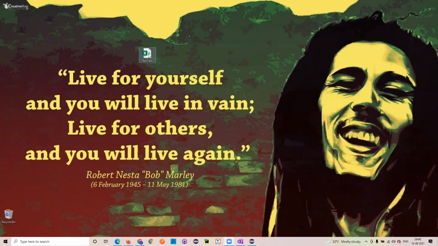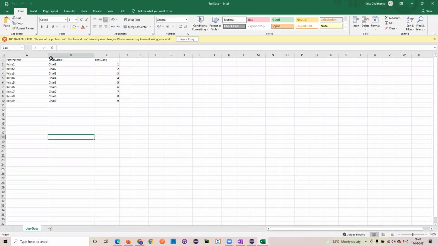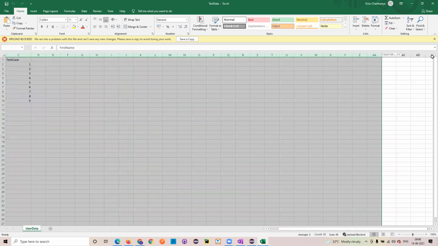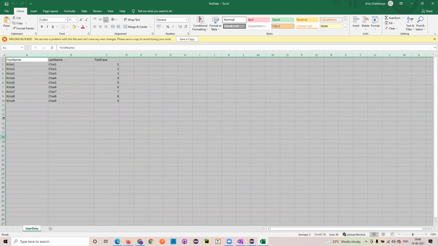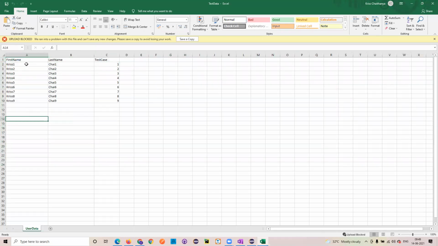This is the Excel data which we have created. It is very simple: whatever you want, you can write it in different formats. Here we can write the first name, and these are all the data we'll be having, and this is the second column, third column. I hope you clearly know these are all our columns, and these are all our rows. Each single entity is called a cell.